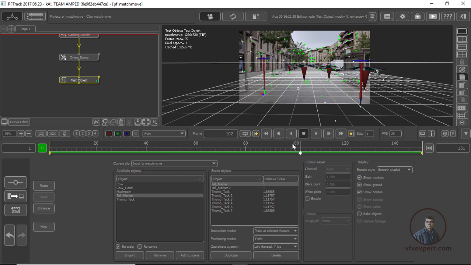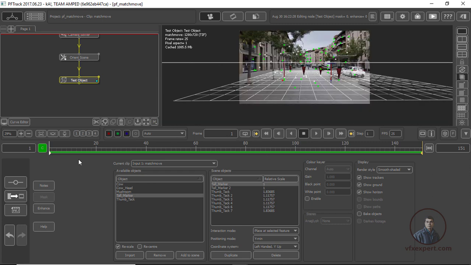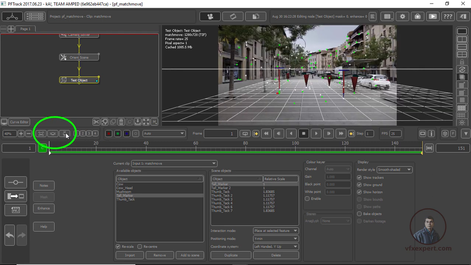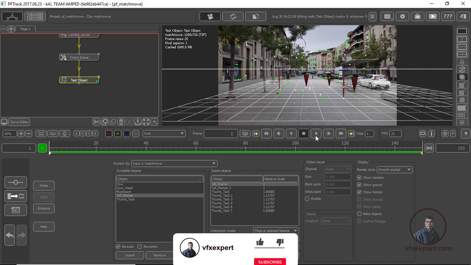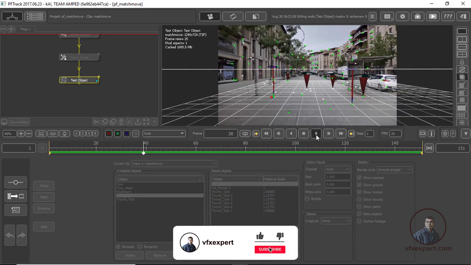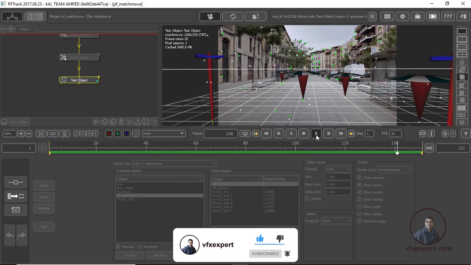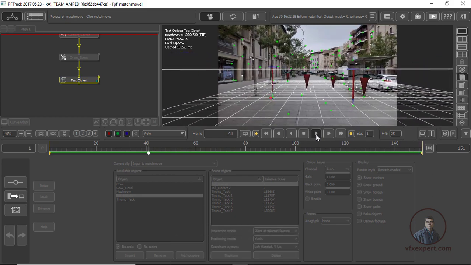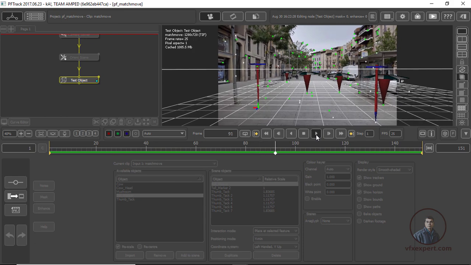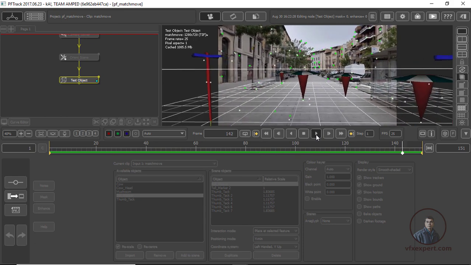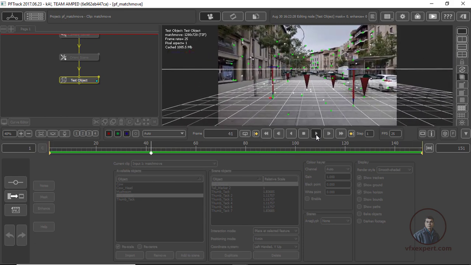So now just play and check. So just click here. Now just play and check. Just first, if you want to fit your viewer here, then there are some options, then simply click here. Okay, now just play and check. Now here you will see till here we have successfully tracked our shot, and also we have tested our shot